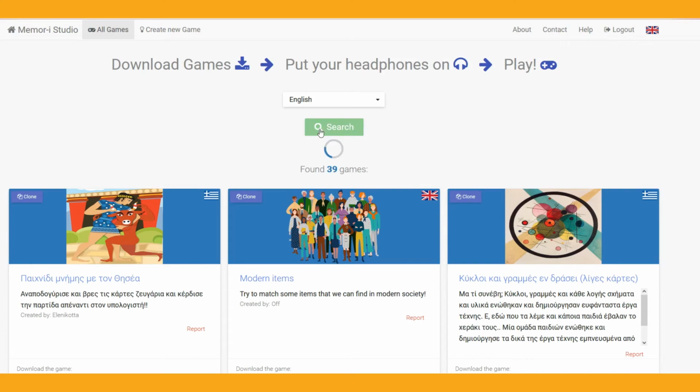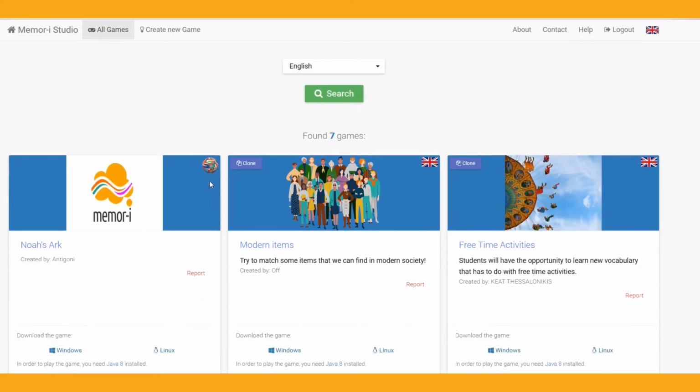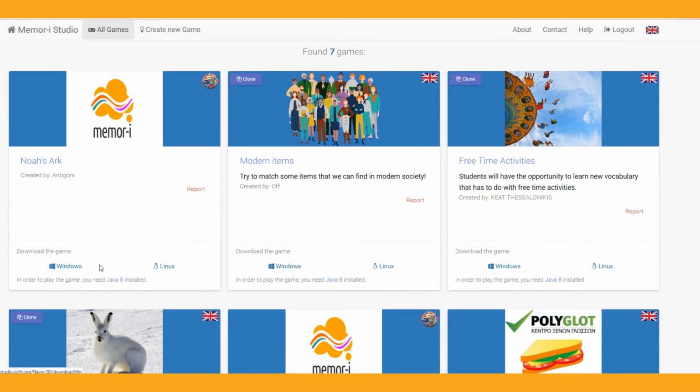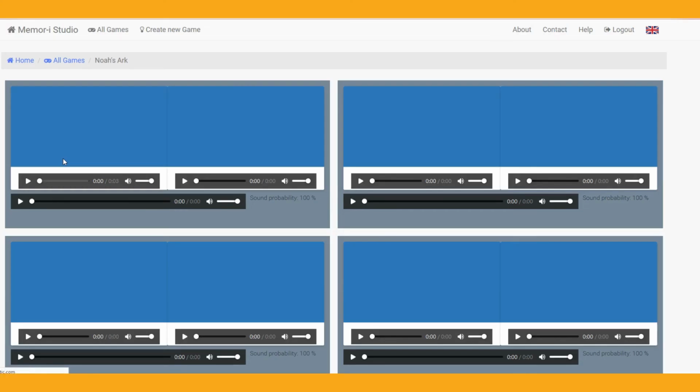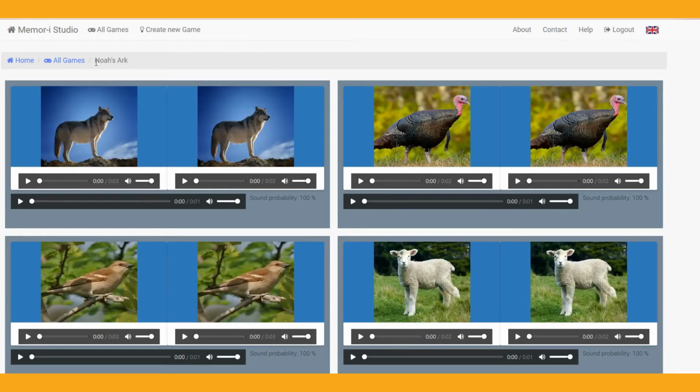Memorise Studio interacts with the desktop application Memory, and here you can see and download all the available game versions, as well as create your own version of the game.